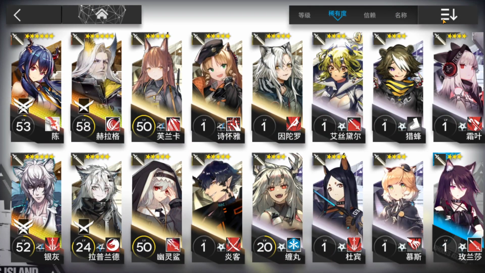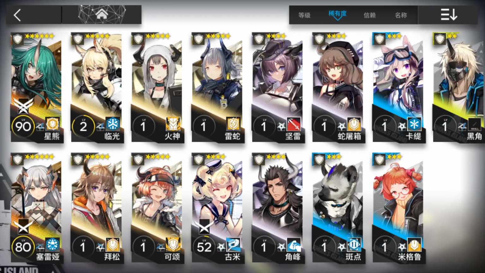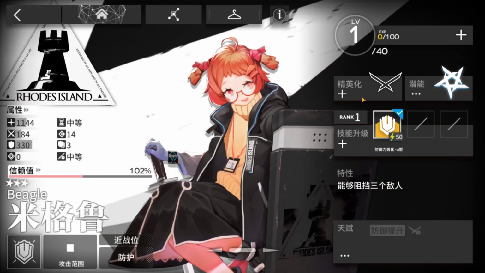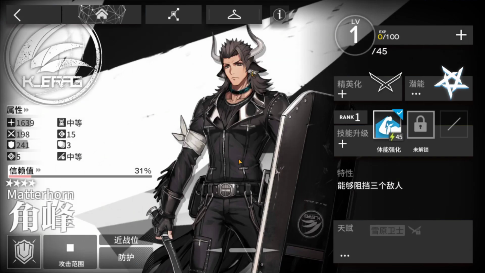And so the next type of units I will be talking about are tanks. So I only level up 2 types of tanks, and those are defensive tanks and healing tanks. There's a third type that grants buffs or debuffs, but I haven't really used them as much, but I'll talk about them anyway. So the first type are defense tanks, and they are Bagel, Hora, Matterhorn,